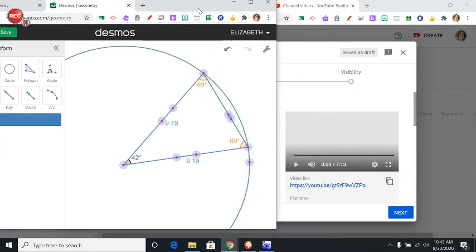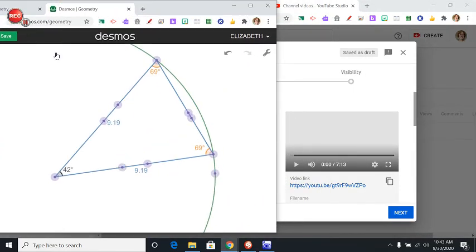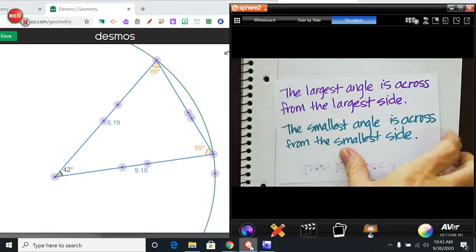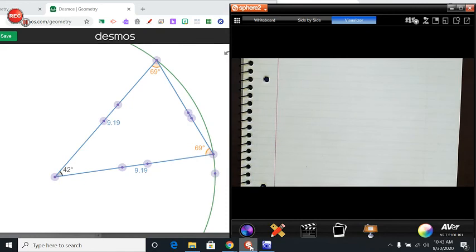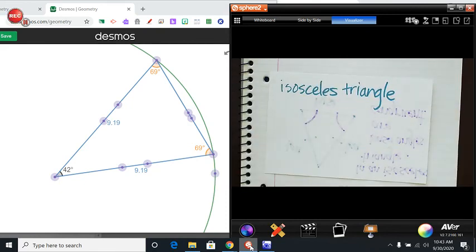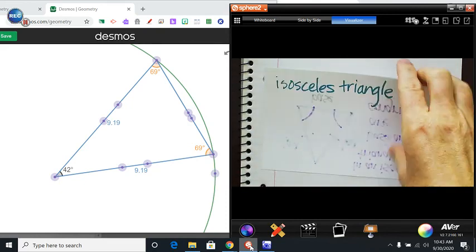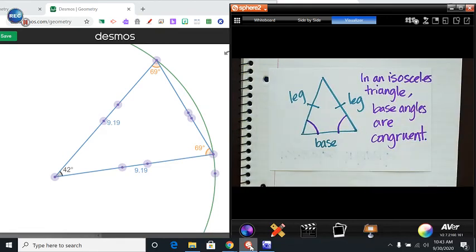this is an isosceles triangle, and you should have a card that says isosceles triangle on the front. On the back it says, in an isosceles triangle, base angles are congruent. So the 2 angles that include the side that is not equal to another side, in this example here on Desmos, these 2 sides that are 9.19,